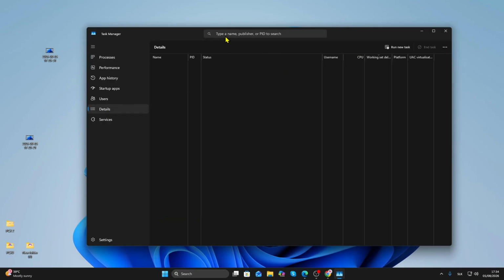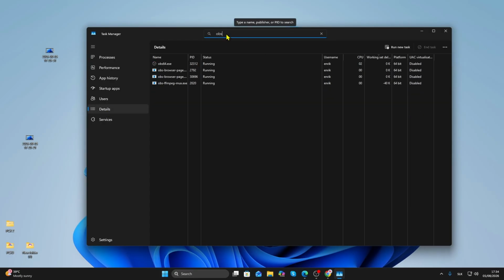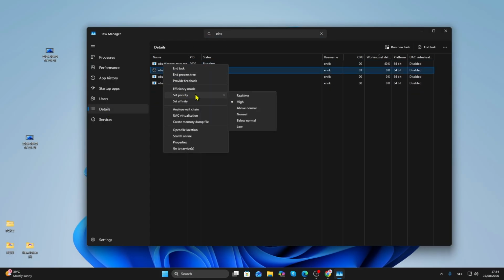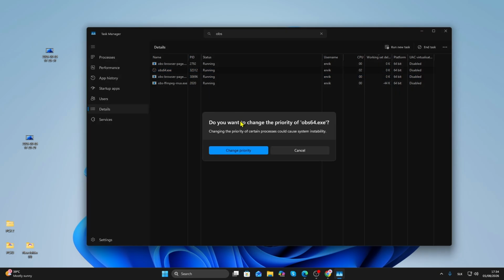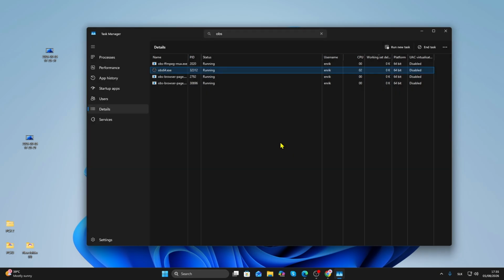Now you can go to Details, search for your app or the game, right click, set priority, and try to change the priority. If this is still not working and you're getting the access denied error, what you can do is right click